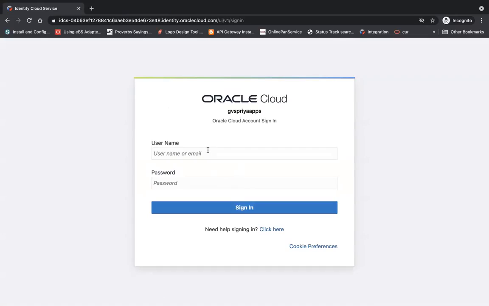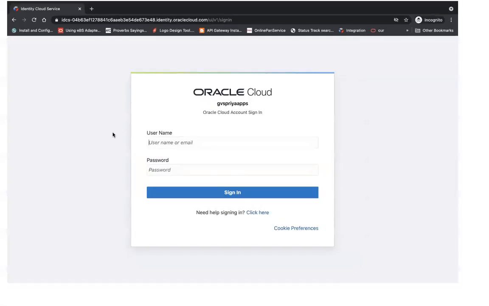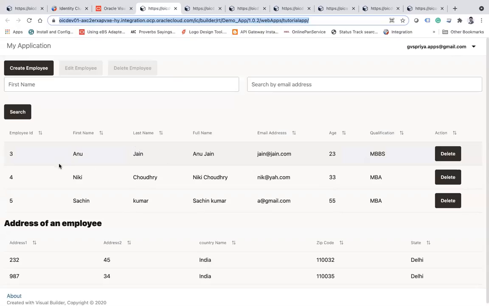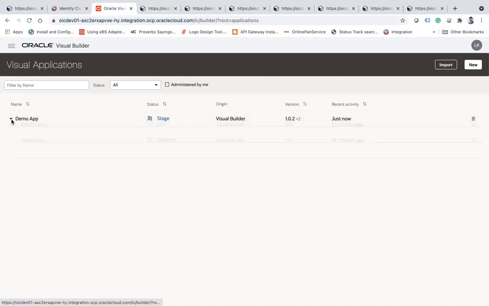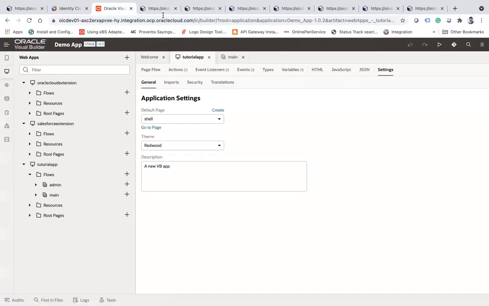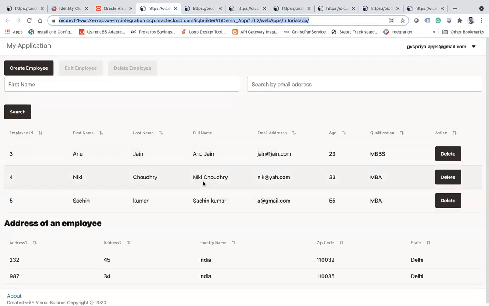It is because we have the business objects on the application, wherein I have the data. You see, here we have the data from the business objects. Hence, it is taking me to the login page. So you have to again provide the anonymous access to the business objects as well. So how to provide the anonymous access to the business objects data so that users can access the data anonymously too? So for that,